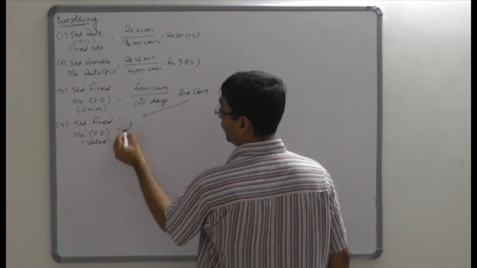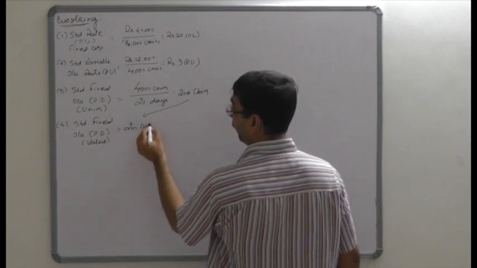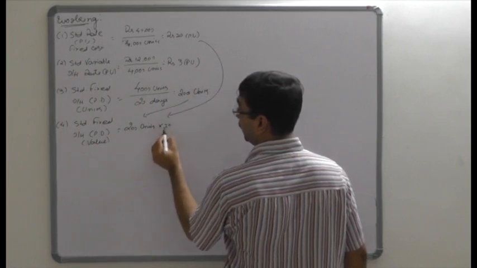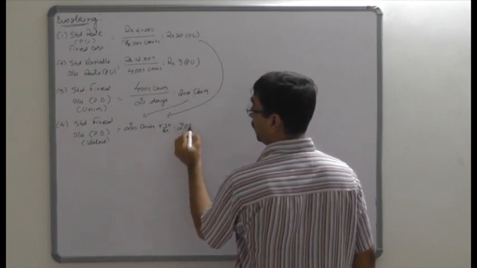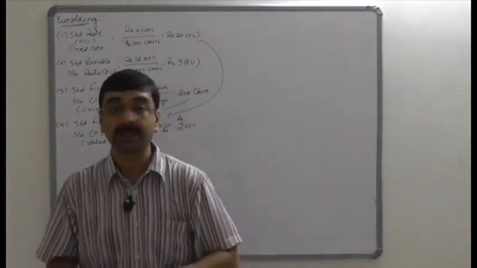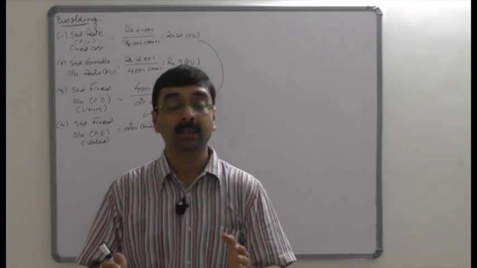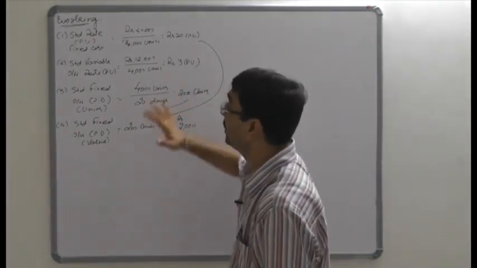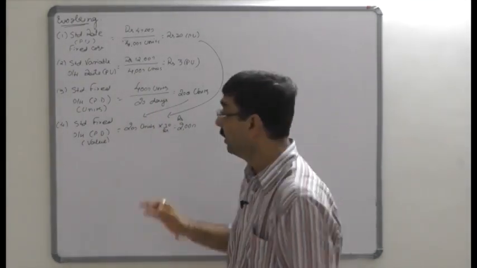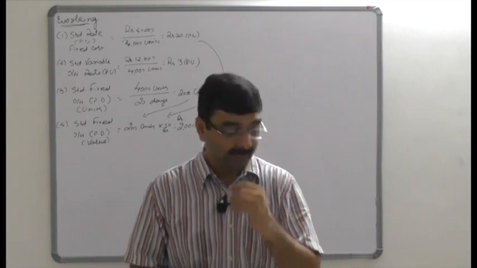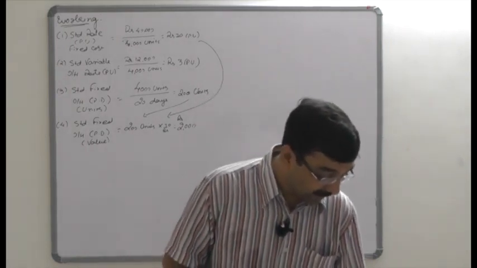So 200 units multiplied by 10 rupees per unit comes to 2,000 rupees. Rupees 2,000 is the standard fixed overheads per day in value. So these are the information that may be required for the calculation of overhead variances. Let's begin the variances one by one, and here I am